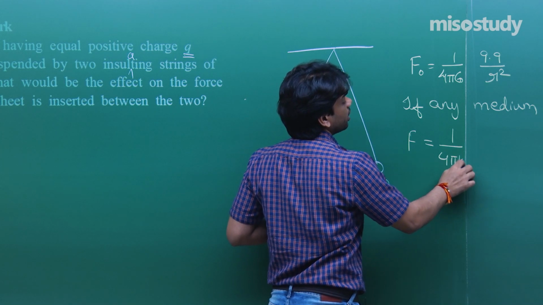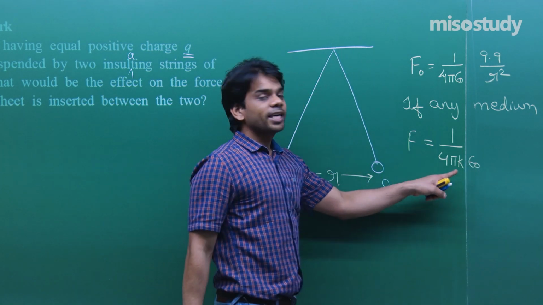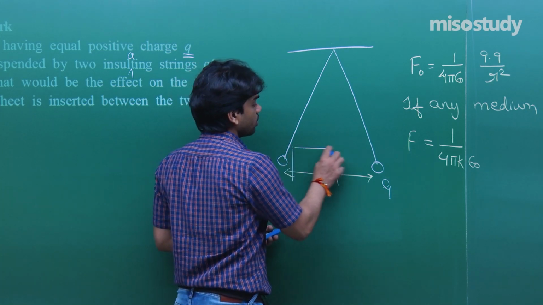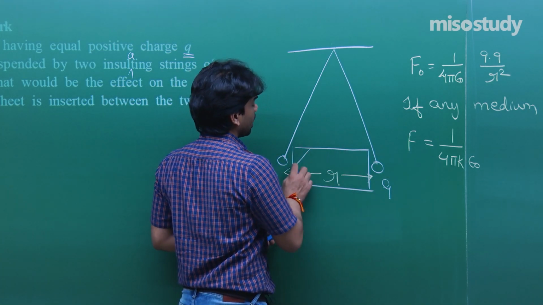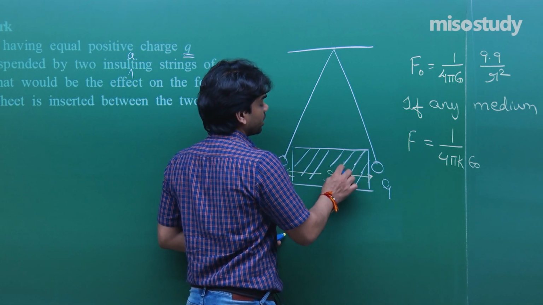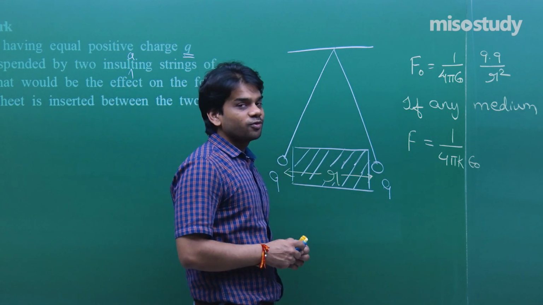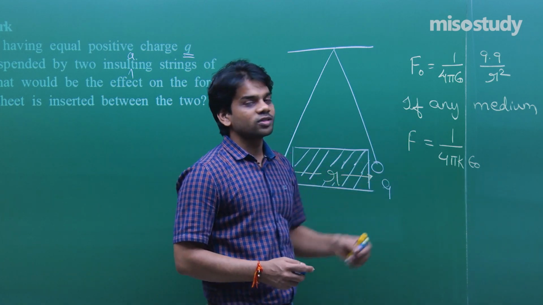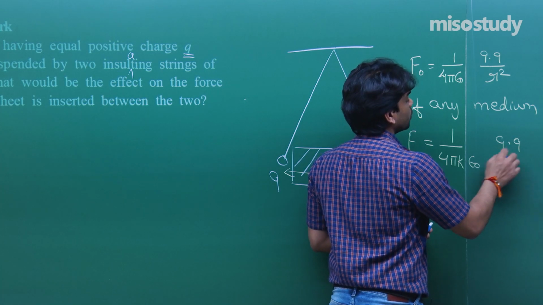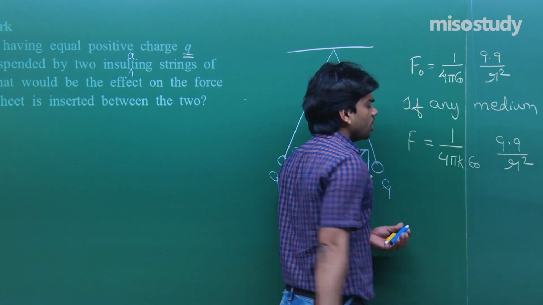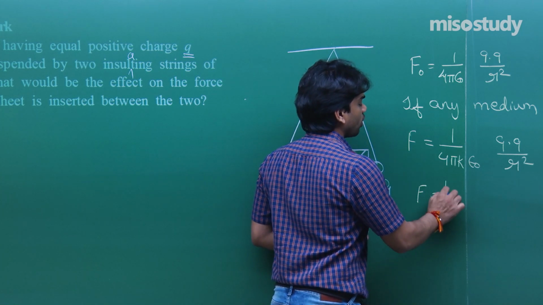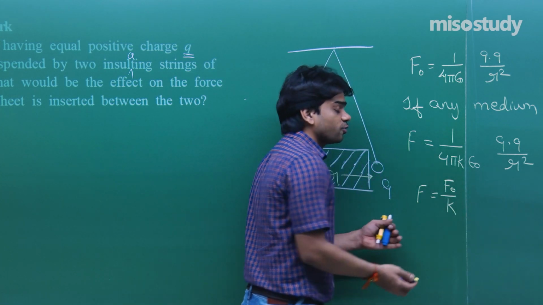4 pi K epsilon naught. Why K? K is the dielectric constant of the medium. If I insert a medium like, say, plastic between the charges, I'll be using a dielectric constant. I will divide the original force with the dielectric constant K of the medium, and I will write the rest of the equation as it is, Q into Q by R squared. It's very simple. We find that this final force F is equal to F naught by K, that is, the force